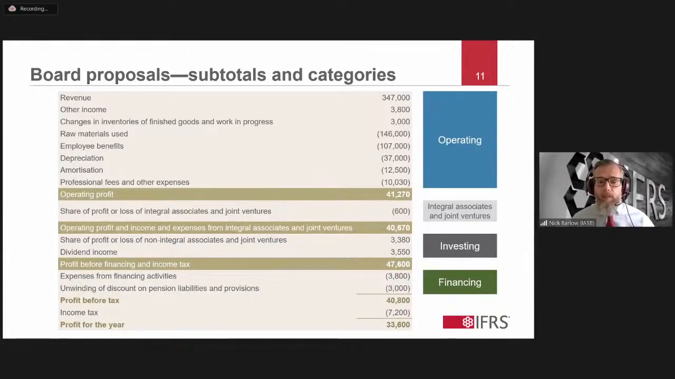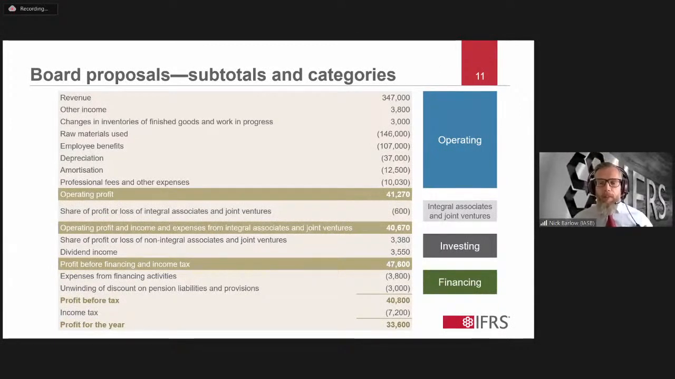Now, above profit before financing and income tax is our investing category. This category aims to capture those investments, or those assets, that generate returns individually and largely independently of the main activities of the entity. And so we can see that it will capture things like dividend income and, as we can see, share of the profit or loss on non-integral associates and joint ventures. Now some of you may be wondering what exactly